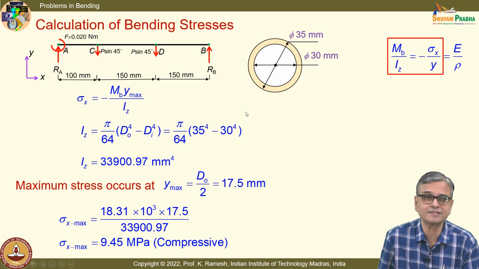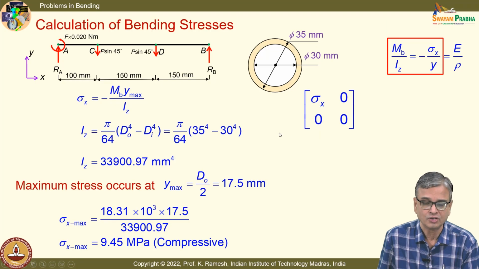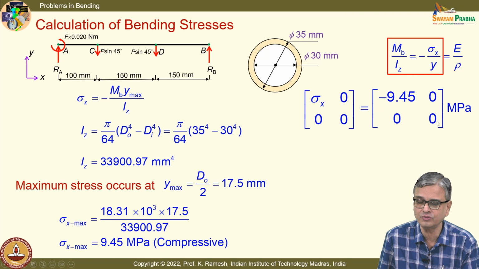How do I write the stress tensor? It is nothing but sigma x 0 0. So, I can substitute this and say minus 9.45 0 0 0 MPa. So, I have got the stress tensor in the case of bending. Now, let me go to the axial load,